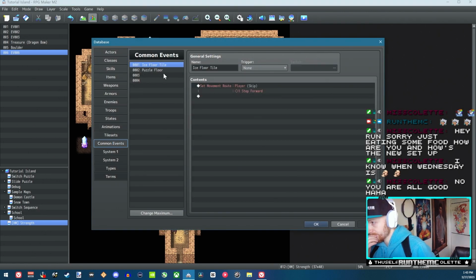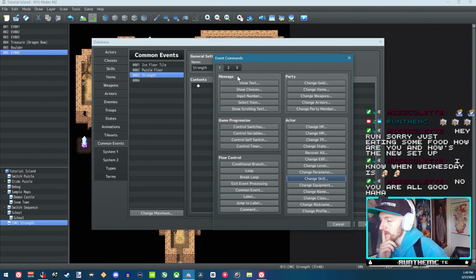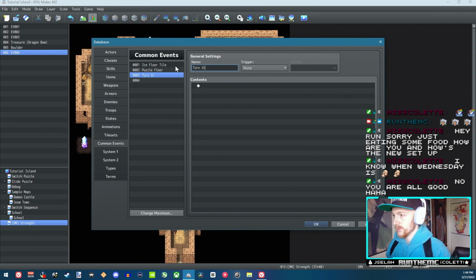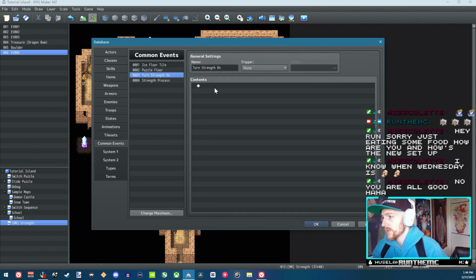So this common event, we'll just call this strength, because we're having this skill. I'm trying to get out of it having to activate 2 common events, but I don't think that's possible. We'll just call this one turn strength on, and then we'll call this one strength reaction, or we'll just call it strength process for now. Okay, so turn strength on. This is going to turn